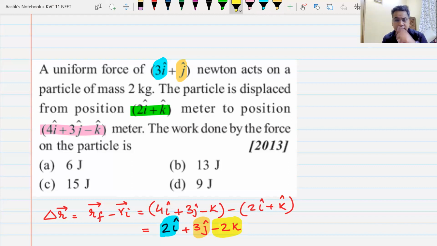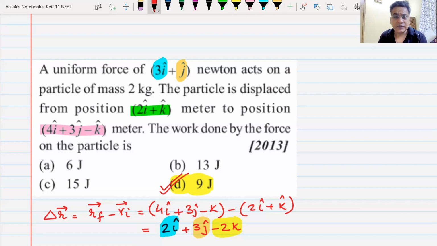Now can you tell me the answer? What is the answer? D, sir. Answer is D, sir. 9 joules. So this is how you have to solve the problem if the problem has initial and final